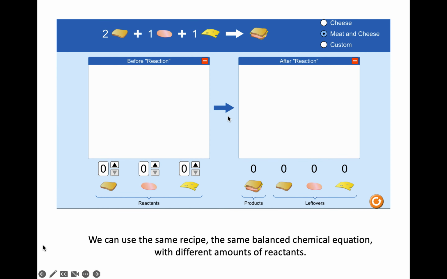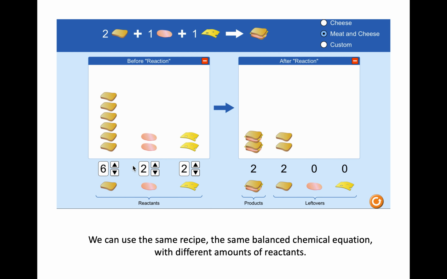I like this PhET sim to contrast the students' thinking, confront that with how we want them to think about it. So at the top there's a recipe combining meat and cheese to make a sandwich. 2 pieces of bread plus 1 piece of meat plus 1 piece of cheese equals a sandwich. So notice as the amounts change that we have for the reactants, we're never changing the recipe. We're keeping the recipe the same, but we're changing the relative amounts. And with that information, we can decide whether we have parts left over or if they all combine to make a sandwich. So I think this is right on the mark for what the students need to understand what the